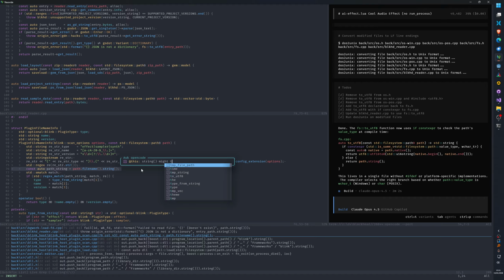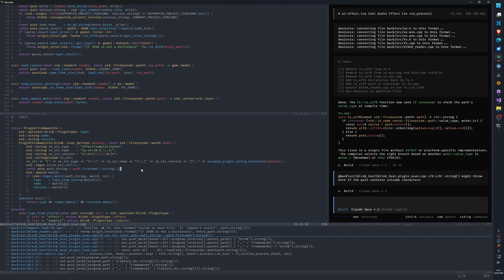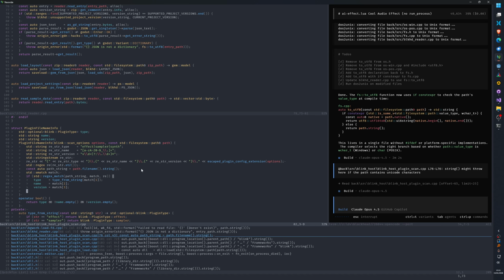It might throw if the path contains wide characters. I just don't know. I don't immediately know how I would fix that.